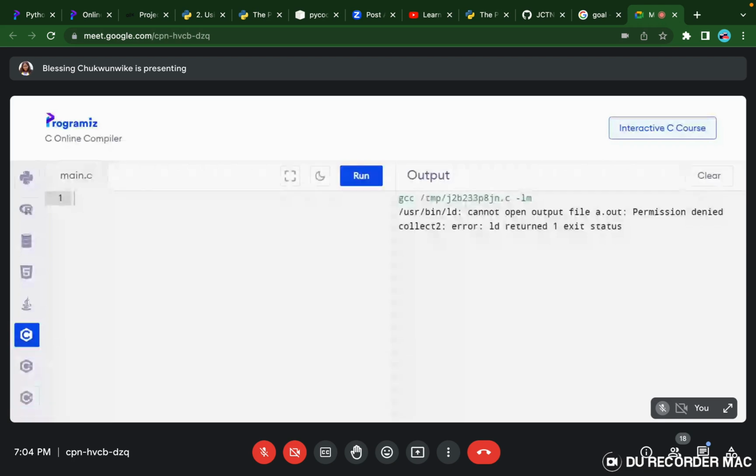Can you see my questions? The first one says, write a function that takes a string as input and returns the length of the string. So what we're doing is, first of all, we're going to be writing a function, and our function is supposed to take a string and then return